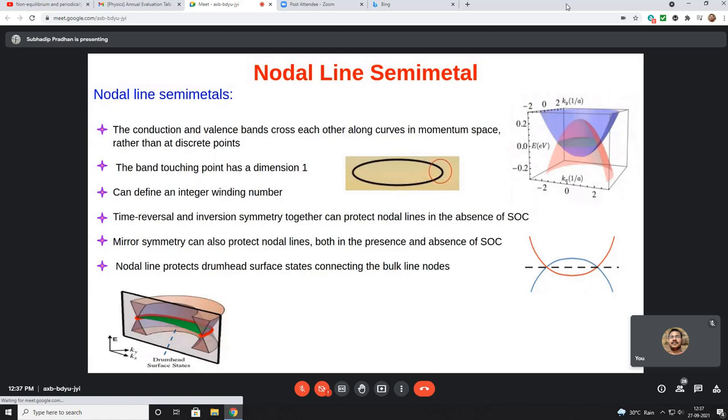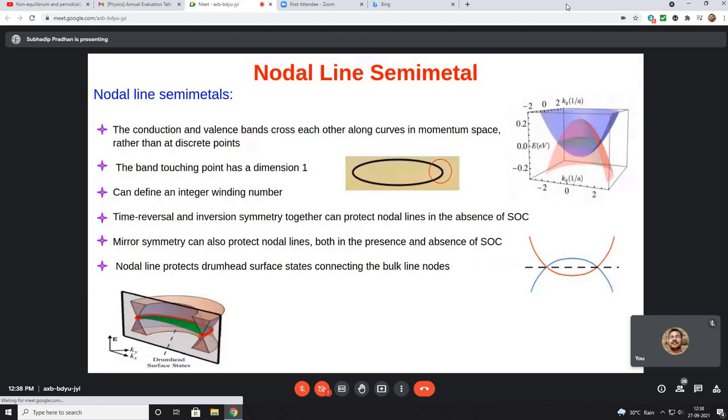For the k dot p Hamiltonian around this point, that will give a linear behavior. The Hamiltonian will be in that form, that is, let's say, (m0 minus k squared) sigma, plus d(k) dot sigma type of Hamiltonian, where d(k) will be d0(k), dx(k), dy(k), dz(k), and sigma will be the Pauli matrices. It will be linear.